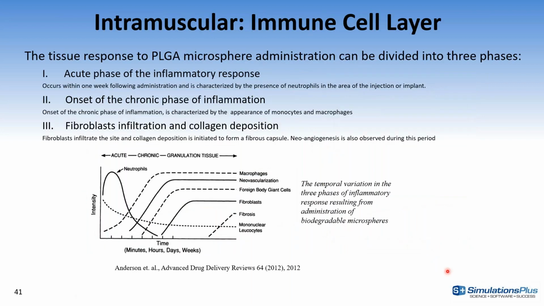For the intramuscular model, we've added the possibility to account for the immune cell or immune response after the injection. This is something that we became very aware of as we were working on the long-acting injectable project over the last couple of years. And we've realized that the immune cell layer or immune response could be affecting how the drug proceeds into the systemic circulation, and the apparent in vivo release of the compound.